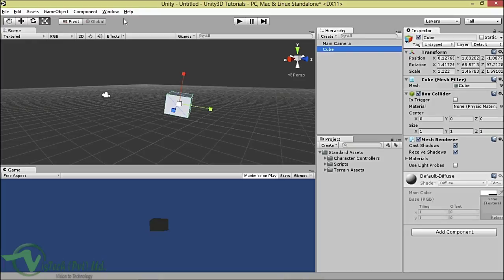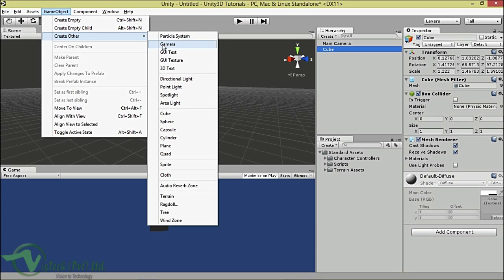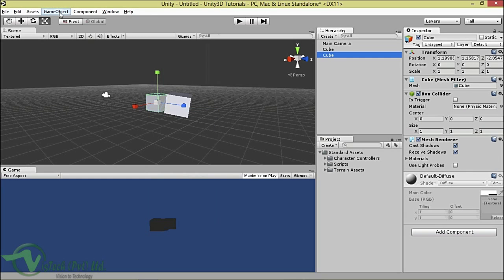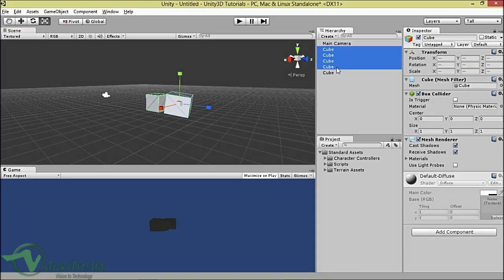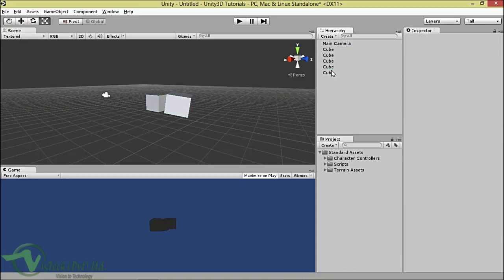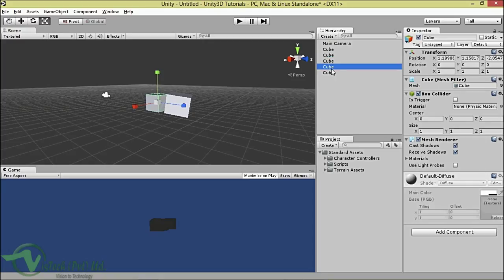For example, I'm creating multiple cube objects here. You can also create from here. Click the cube and press Ctrl D to duplicate. It will duplicate, it will copy. Now here are the cubes. If we create 50 cubes, 50 spheres, then how can I access a particular cube? So what I will do,